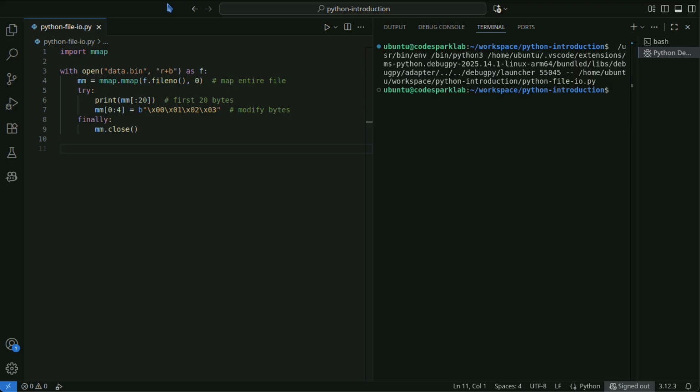Specific data formats have dedicated modules. Use csv for CSV, json for JSON, and pickle for saving Python objects. The following code gives basic examples of reading and writing CSV and JSON, and using pickle. Since pickle can execute arbitrary code, avoid loading data from untrusted sources.